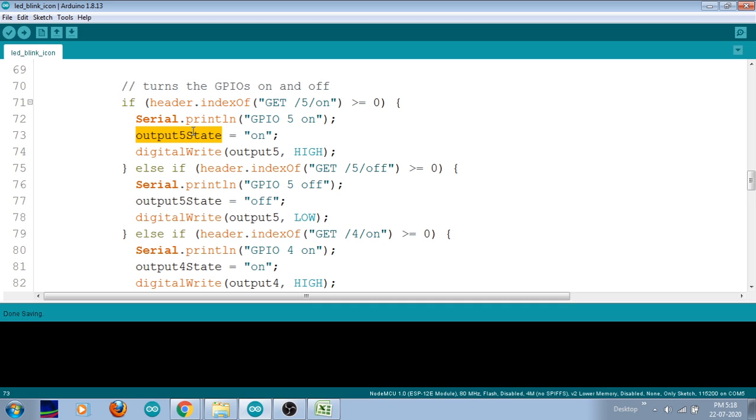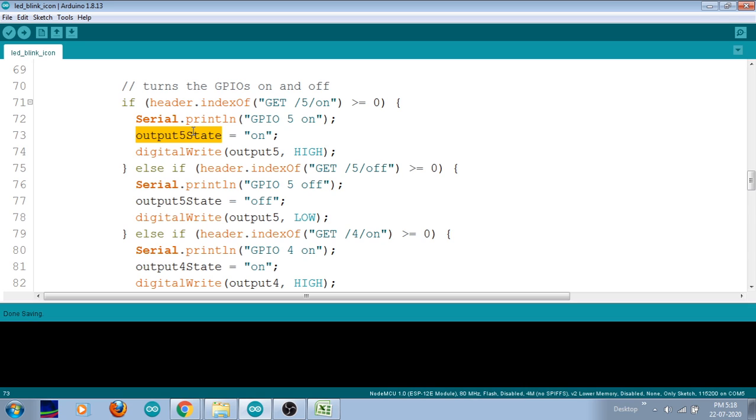Now we have to turn on GPIO pin number 4, update the GPIO output state of the 4th pin as on, and communicate to your fan that it has to be turned on through the digitalWrite command. So digitalWrite of output 4 will be high. Now through the D2 NodeMCU pin your fan will be turned on.